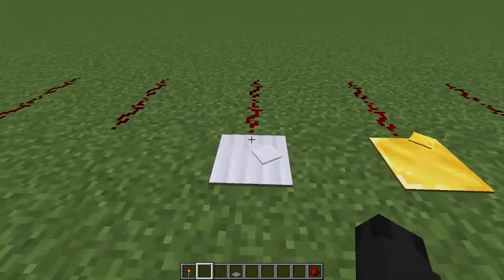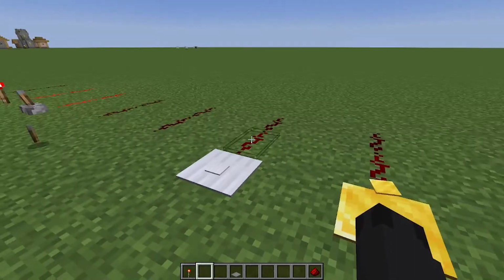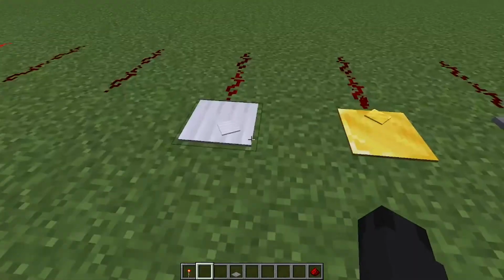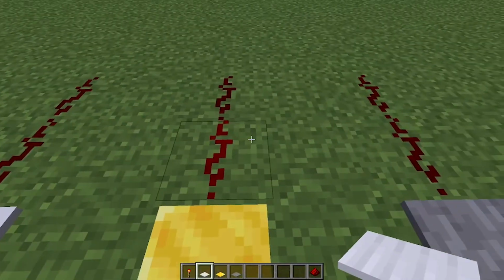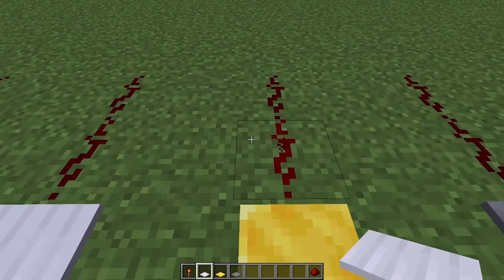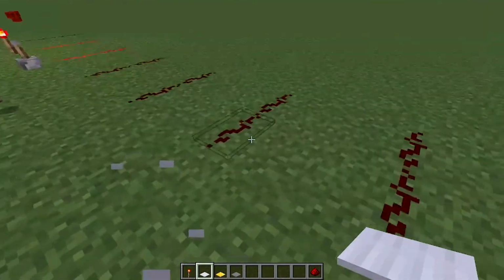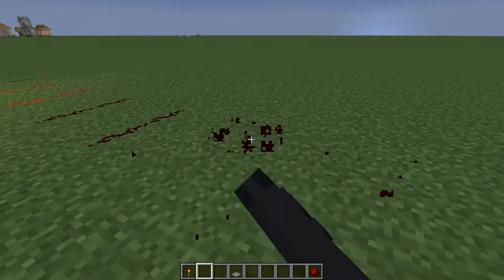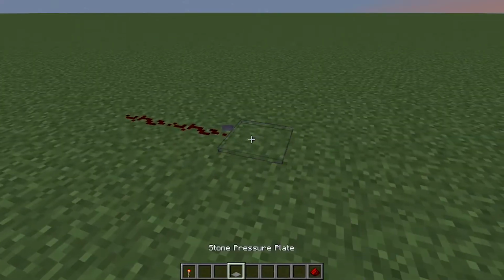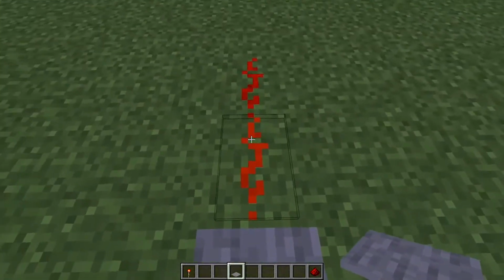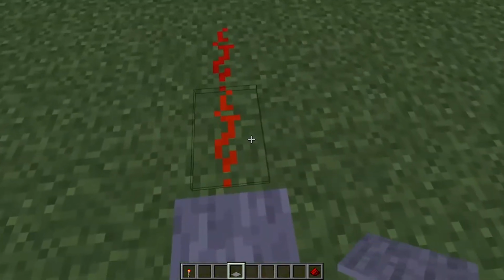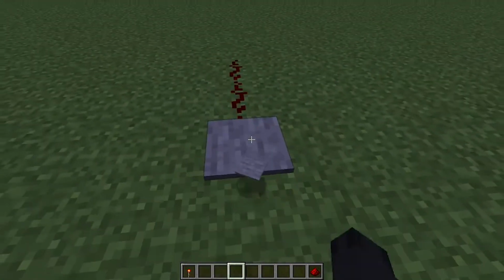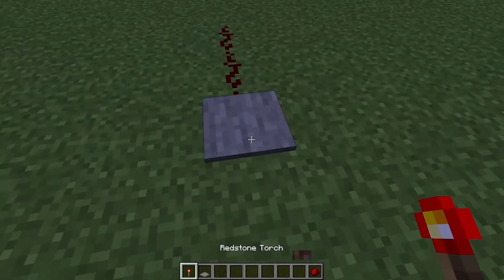These ones are pretty much useless now because, well, they used to output a certain amount depending on how much weight was put onto it. So, we can just not mind heavy-weighted or lightweight anymore, unless you use it for decoration. But stone, however, puts out a pulse. Well, it puts out an output for how long whatever is put onto